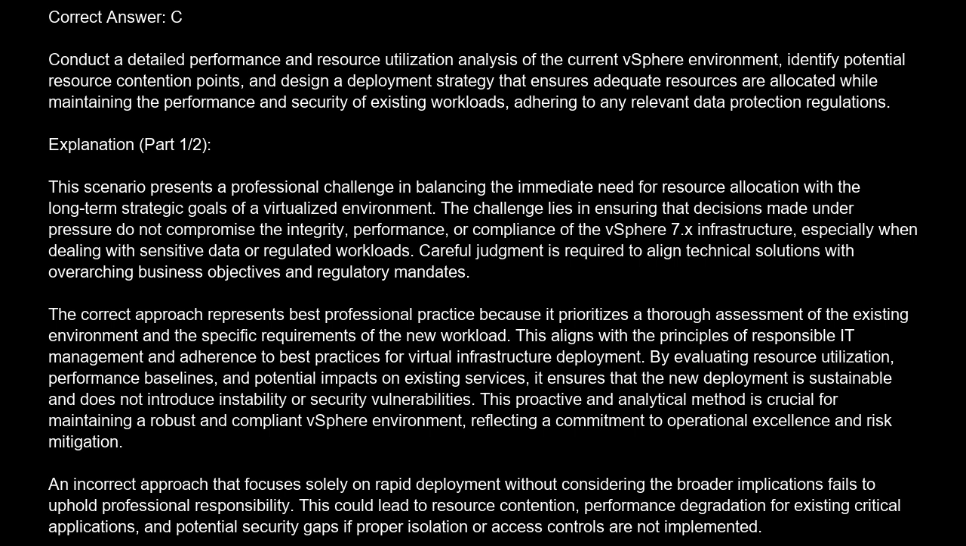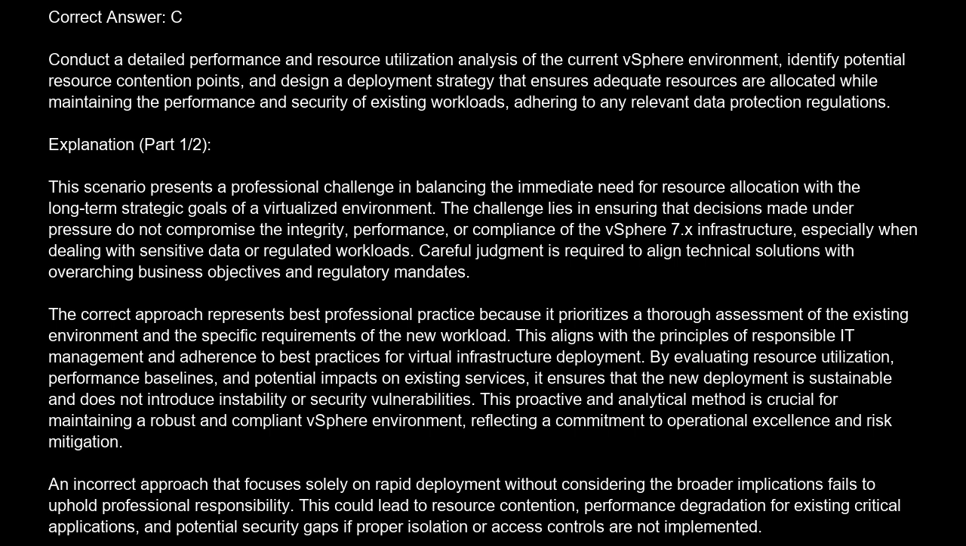This aligns with the principles of responsible IT management and adherence to best practices for virtual infrastructure deployment. By evaluating resource utilization, performance baselines, and potential impacts on existing services, it ensures that the new deployment is sustainable and does not introduce instability or security vulnerabilities. This proactive and analytical method is crucial for maintaining a robust and compliant vSphere environment, reflecting a commitment to operational